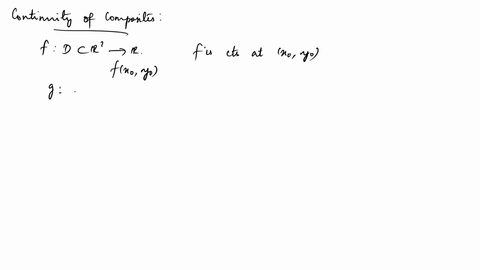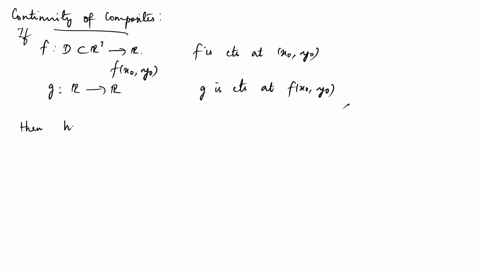Now you consider some function g which is defined from R to R. Your function is assumed to be continuous at f of x naught, y naught. If this is given like this, you know that your g can take only one real value as an input. Of course, f of x naught, y naught is some real value. This value can be given as an input to g. These are assumptions. If these are there, then